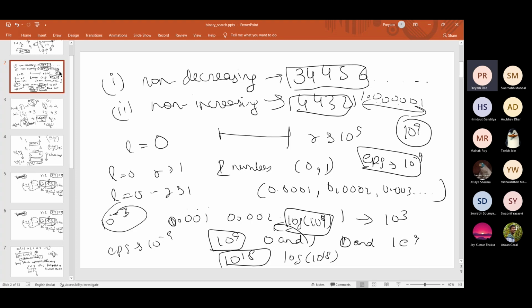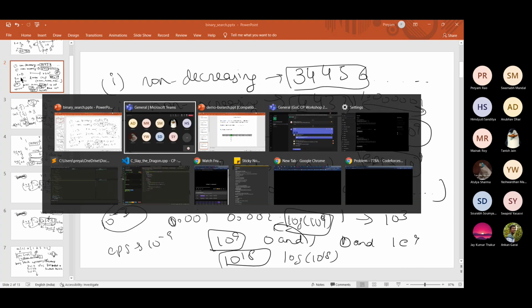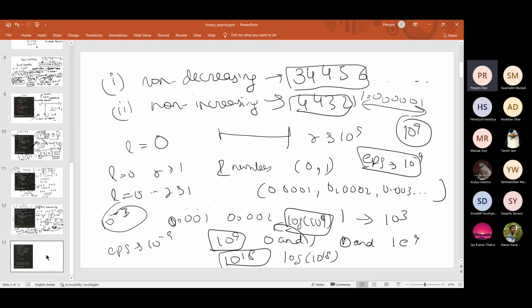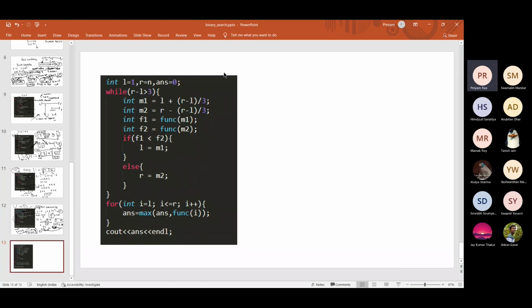Okay. Now let's look at a problem. Actually, let me quickly cover ternary search before we look at the problem. This is ternary search. This is a slightly advanced topic. You'll probably not find a lot of problems on ternary search, but just for the sake of completeness, I'm covering